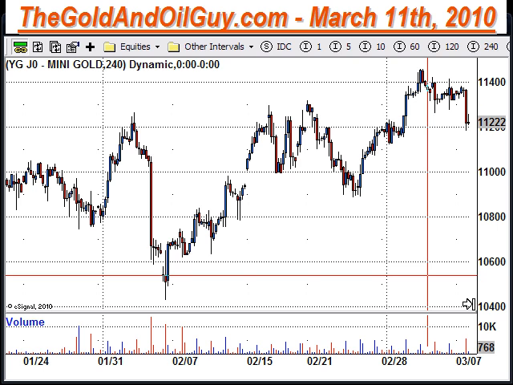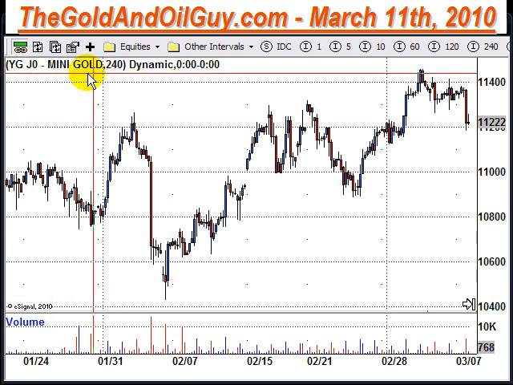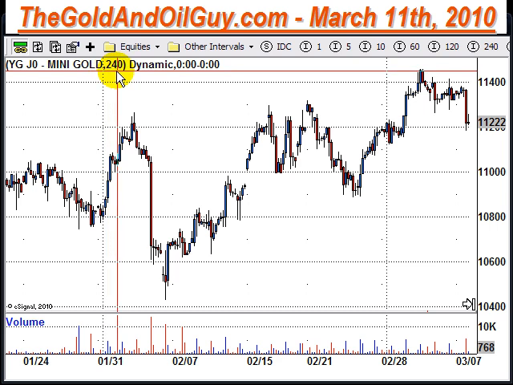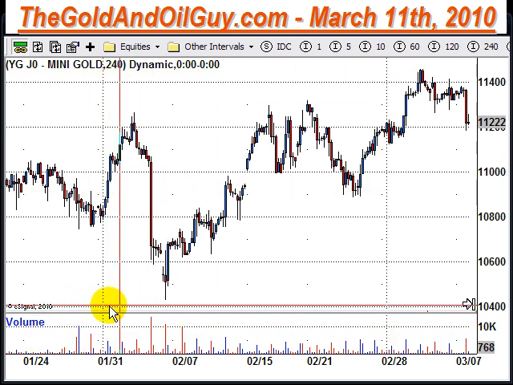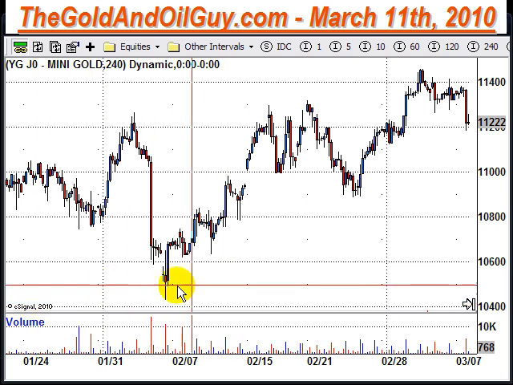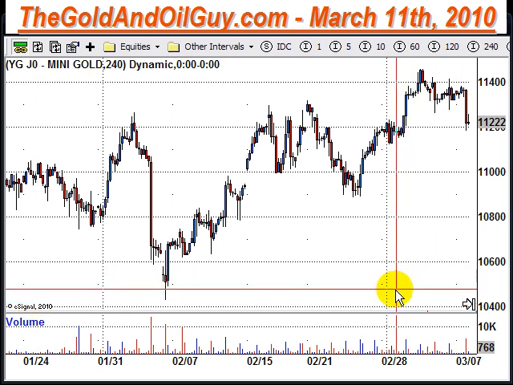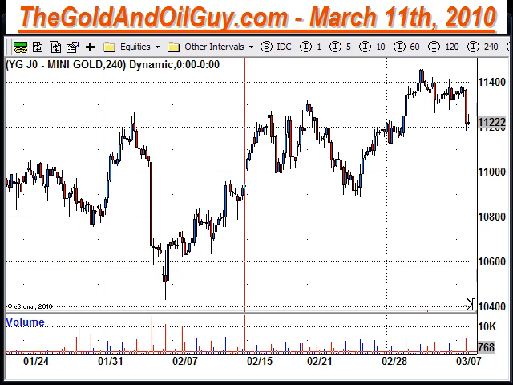So here we go. This is a chart of the gold mini. It's a 4-hour chart, so each candle is 4 hours. There's about 45 days this whole chart covers. And what I want to show is kind of how I came across this setup. On March 8th in the evening, which is the bottom of this red long candle here,